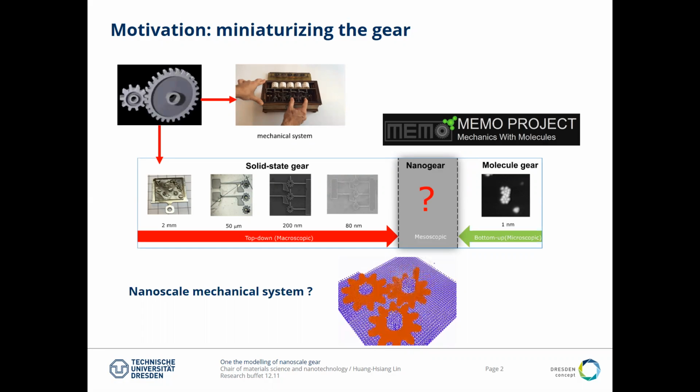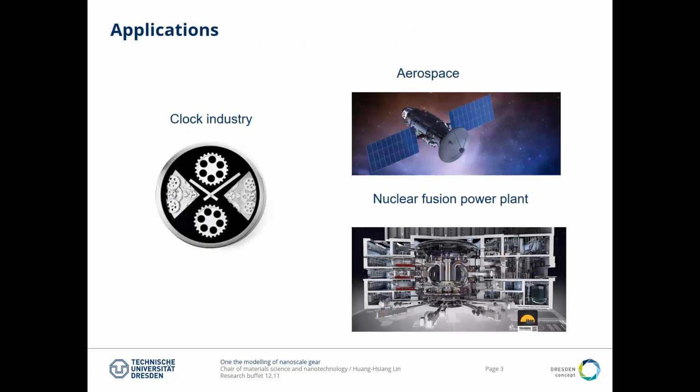People are normally using either a top-down approach or a bottom-up approach to create a solid-state gear or synthesize a molecular-scale gear. So this is the way we create a gear. And now the next question is, what are the applications for this nanoscale gear? Actually, there are a few applications, such as the clock industry, aerospace, or the nuclear fusion power plant, because